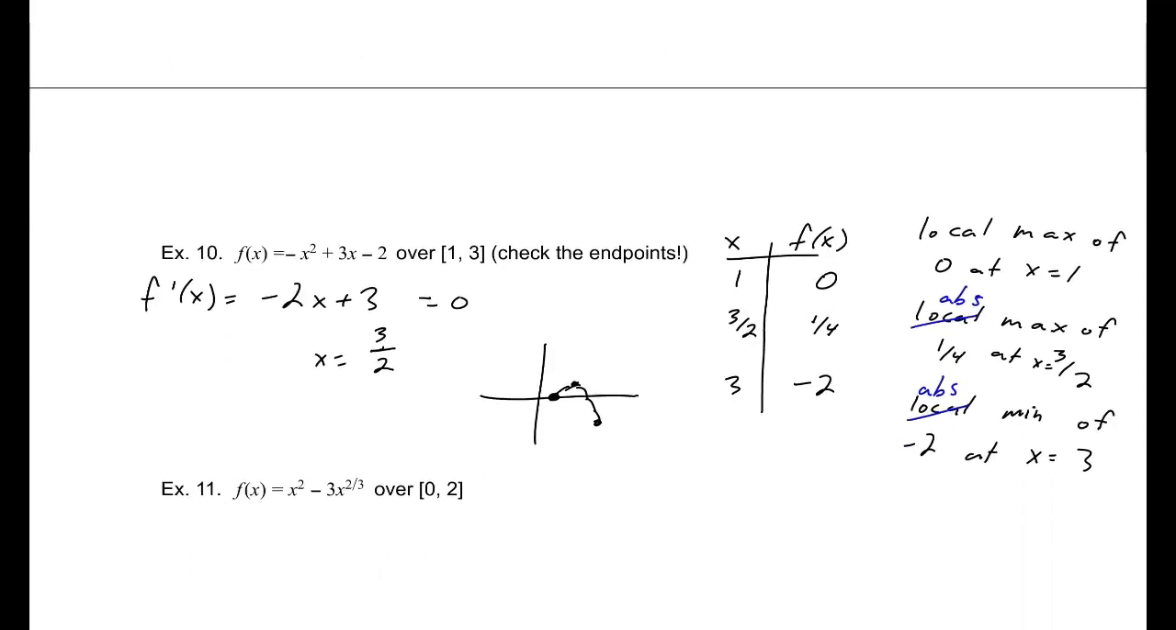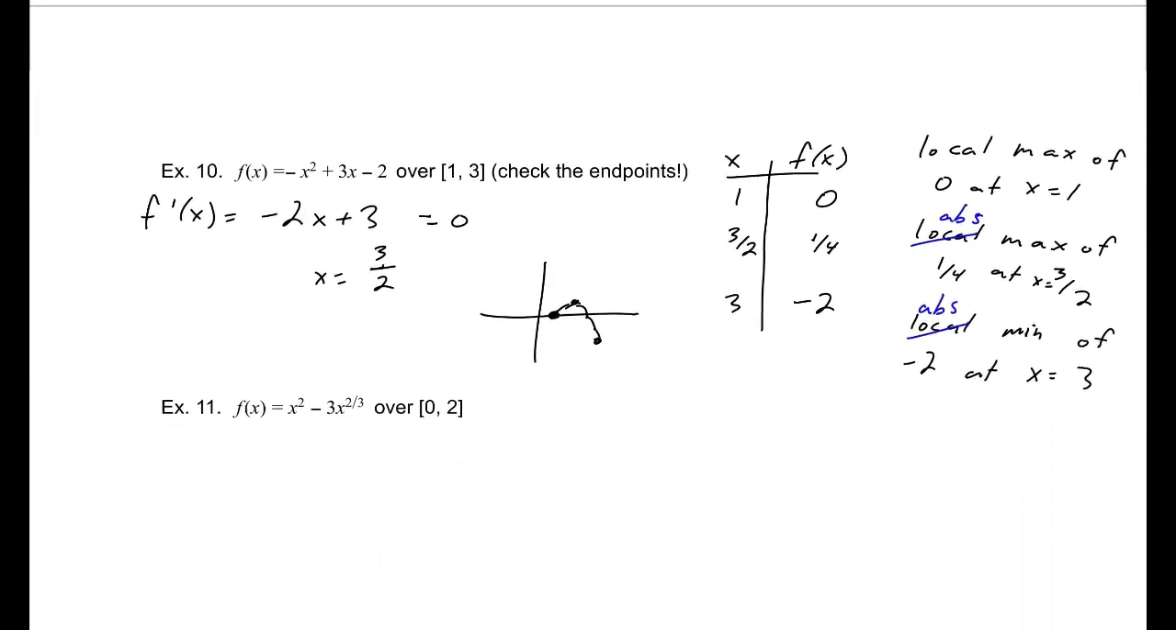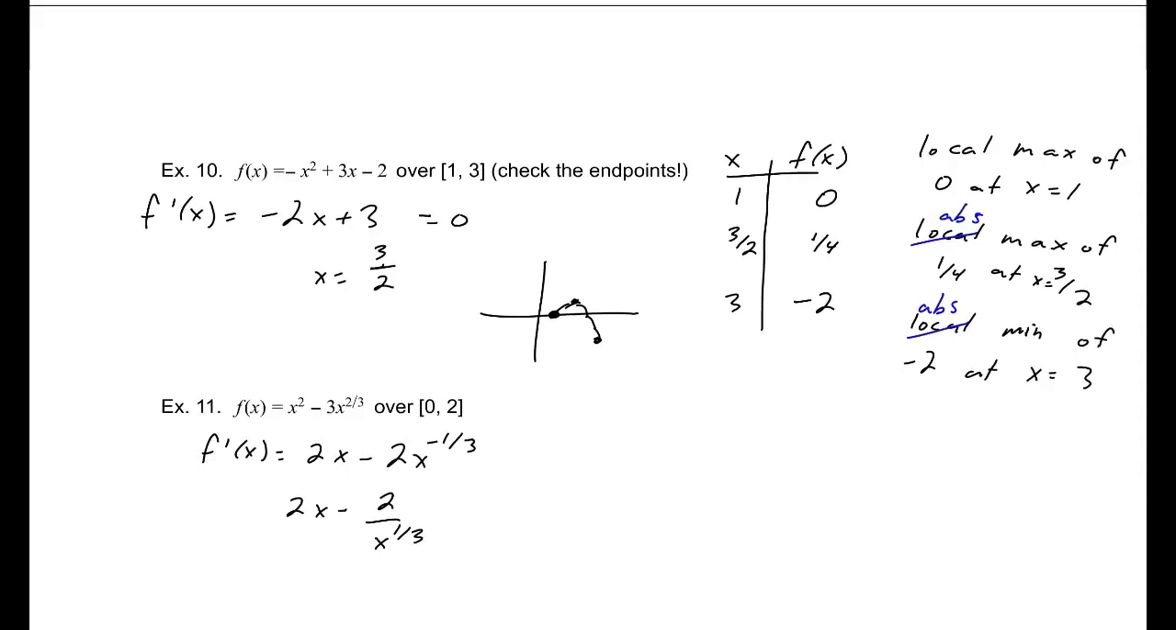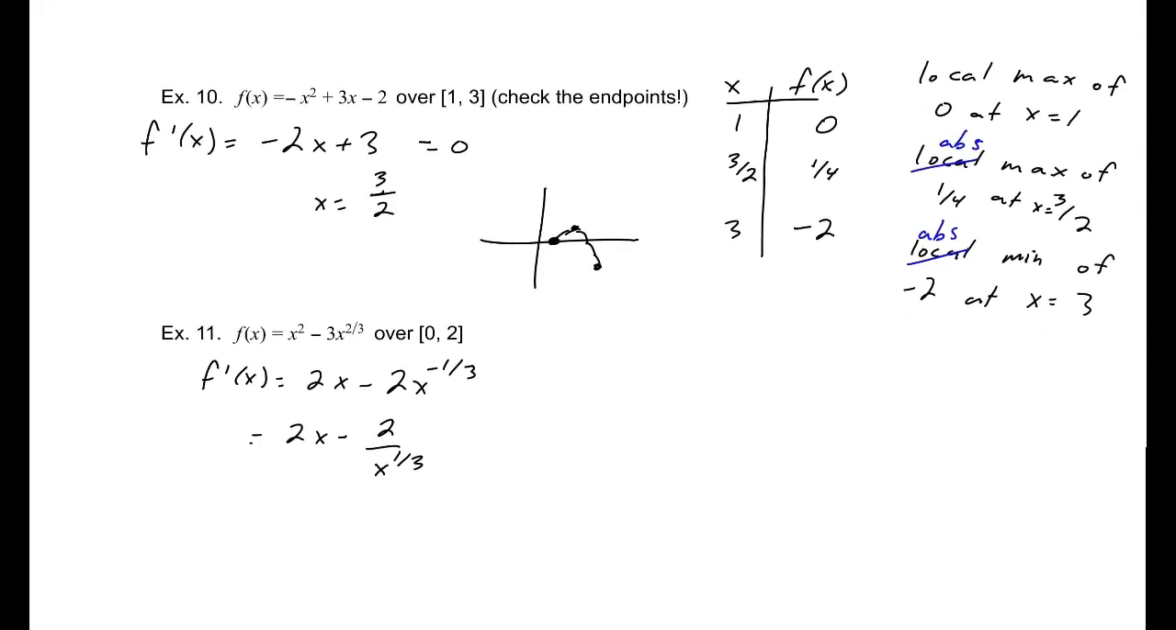All right, now for our last equation, we will find f prime of x equals 2x minus 2x to the negative 1/3, which is 2x minus 2 over x to the 1/3. Now, let's go ahead and make a common denominator. 2x to the 4/3 minus 2 over x to the 1/3. Now, setting that equal to 0,